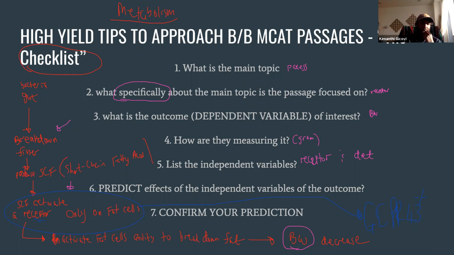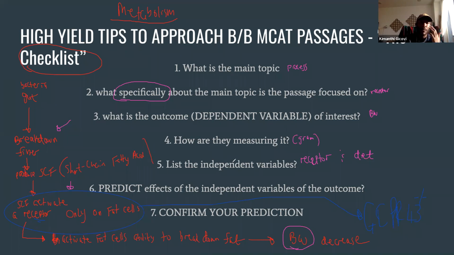The reason I point that out is it's a super powerful thing to stop and think about. What's the end point of this whole passage that we did? Body weight. How are you going to measure body weight? In grams. So if I was looking at this passage, I would first go look at the outcome. Remember I told you you don't have to do it in a row, right? If I told you that the outcome of interest was the body weight of mice, that's going to change how you read everything from the beginning.